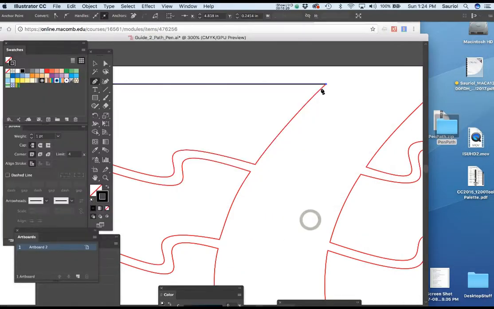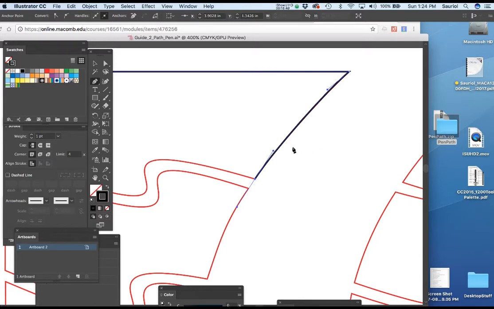Now I'll show you what I was talking about. So I go back to my file, I put my pen up here, I hold the option key. Look what I just did. I hold the option or alt key and I pull click a handlebar out to about 7 o'clock right there. Not 9 o'clock, not 6 o'clock, but 7 o'clock. Now I go down here and I pull click to about 7 o'clock. Now look at how I have that line matching the red line. So now you would watch the next step to go from this point out that away. But this is not about that. This is about understanding how to use the movie tutorials.